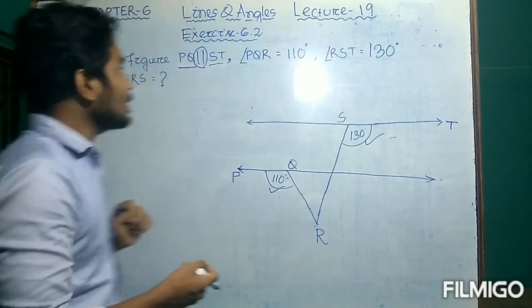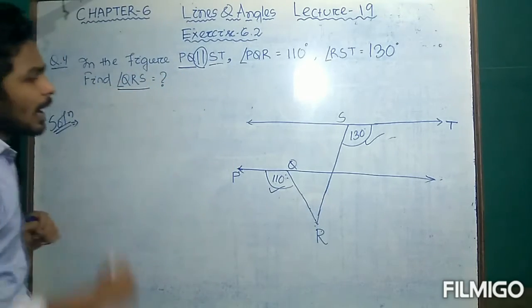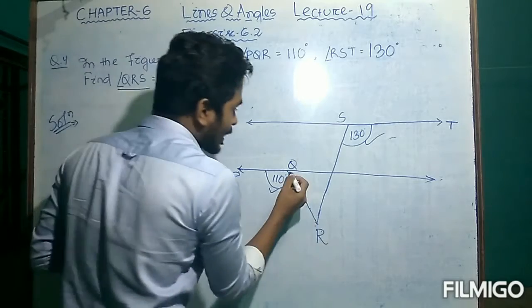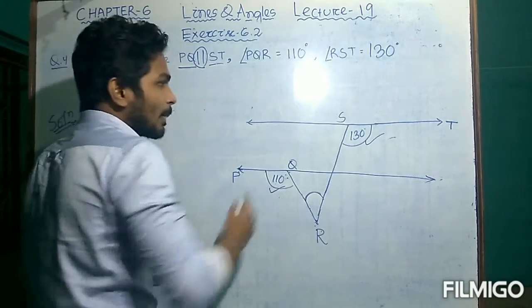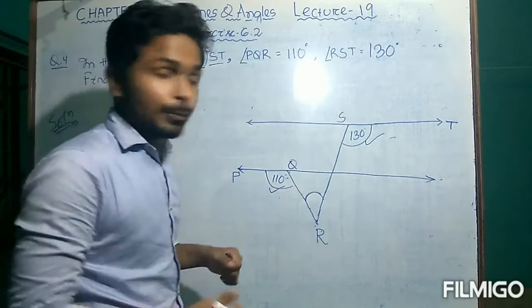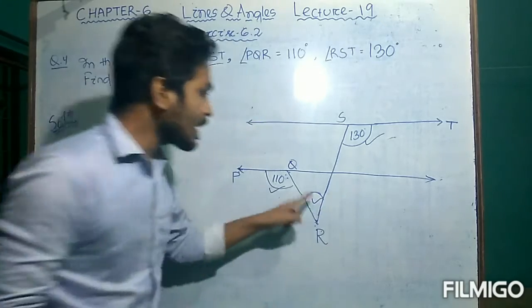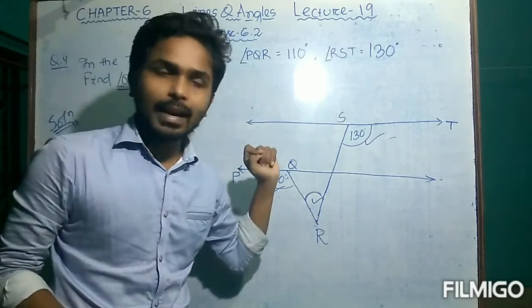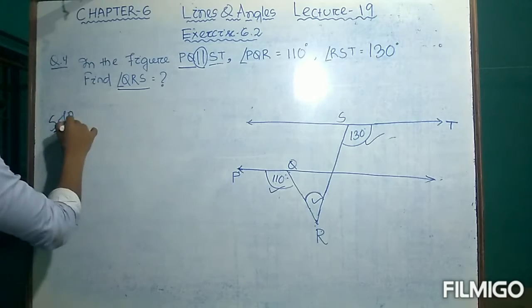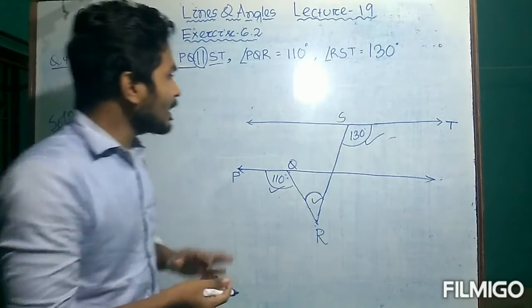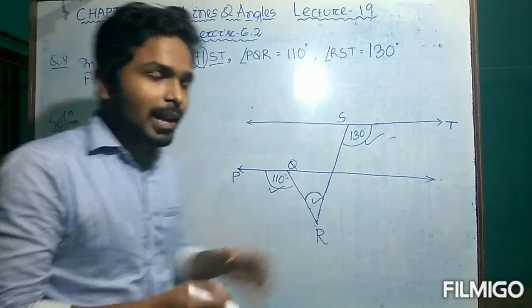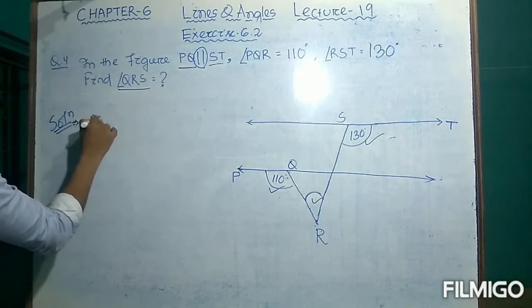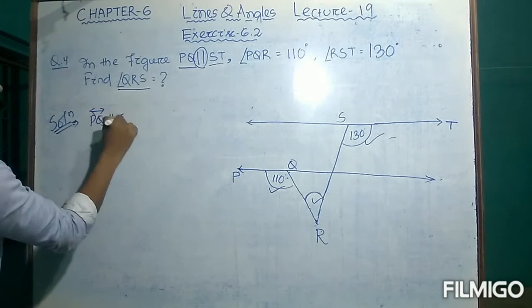Now we have to find the value of the angle QRS. QRS means which angle? QRS, this angle, right? By using these data, we have to find out the value of this angle QRS, right? So let's find out. As it is given that the lines ST and PQ are parallel, right? So line PQ is parallel to line ST,